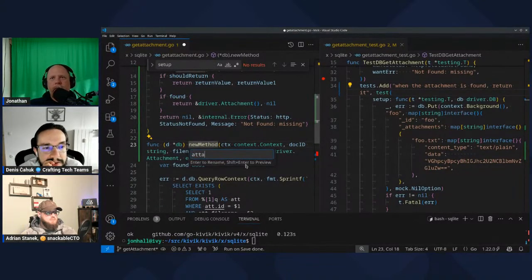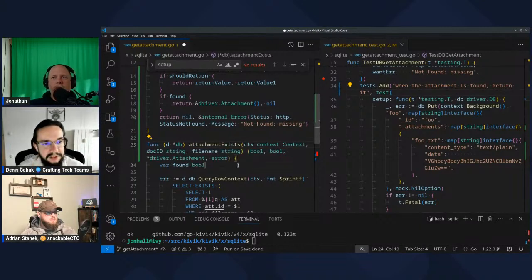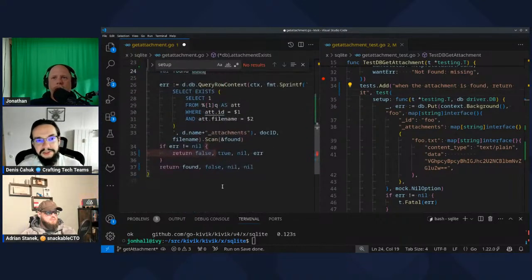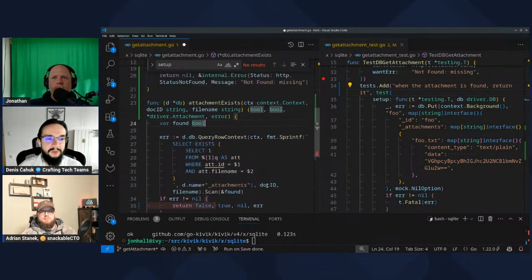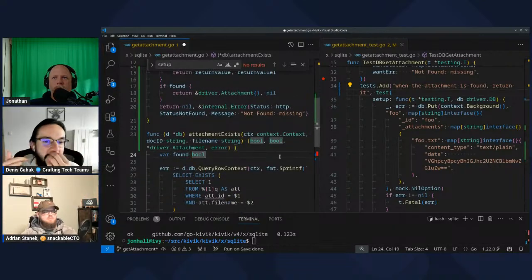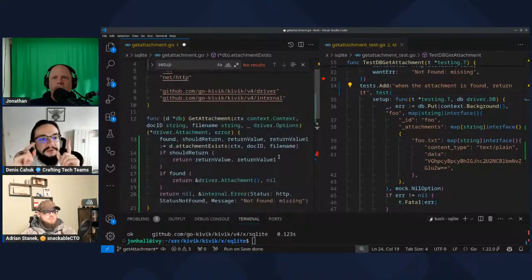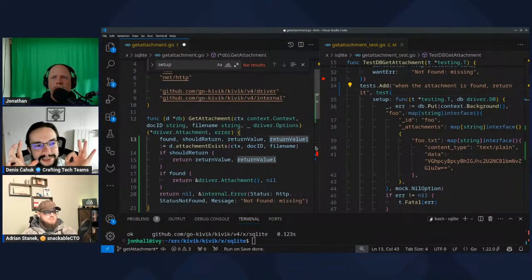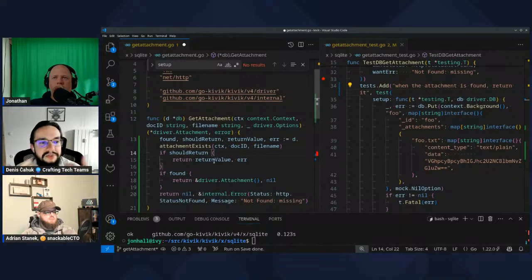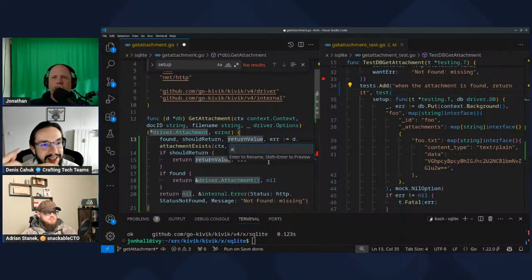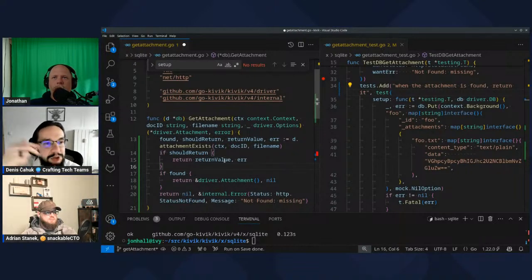Okay. I think this is meaningful, because the conversation is difficult. Why? Because when you said, "Oh, it exists except when," that means our terminology is not clear enough. So when the attachment exists, then we return the attachment, and now we need to define what existence means. So we can now write tests, and we can say the attachment is considered not to exist when it was deleted.